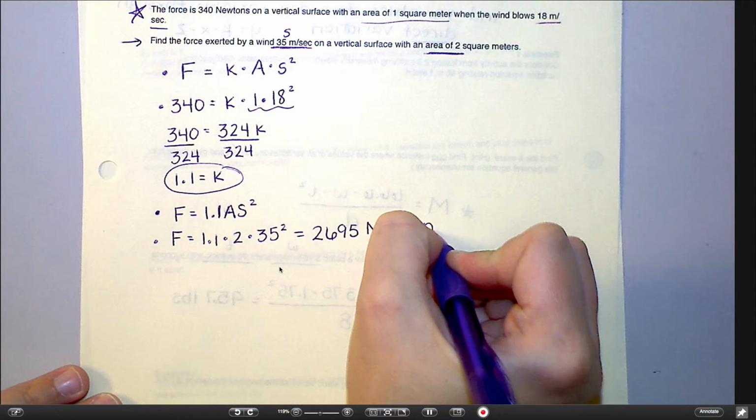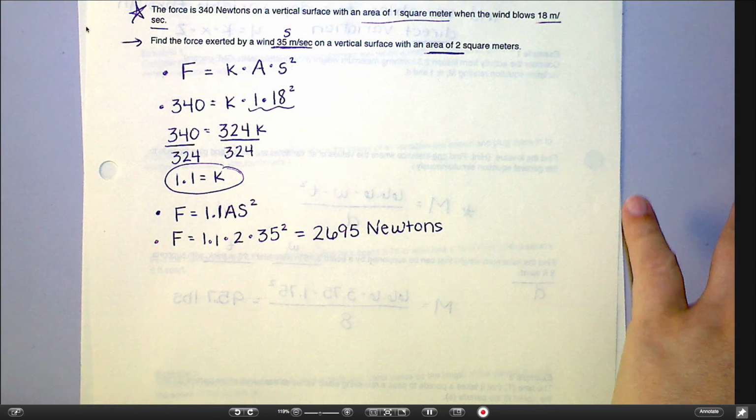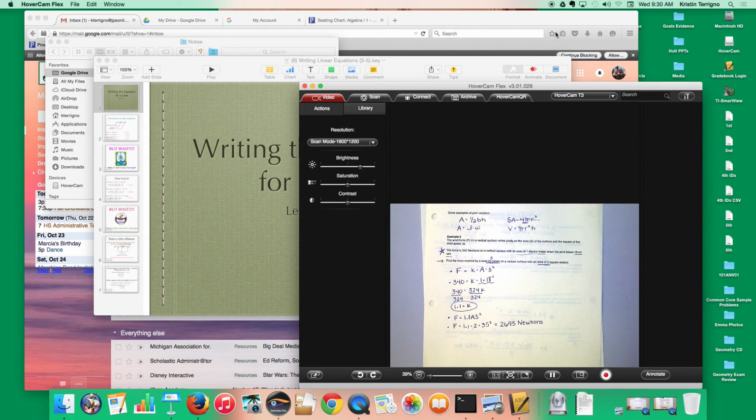So that's nothing new to you, right? I mean, that process is the same process we've done with all of these. Now it's just that you have more than one variable. But I still would have to give you values for all of those variables for you to solve for k. So it really works the same way. Good? Questions on that at all? Okay. So, we have one more new thing